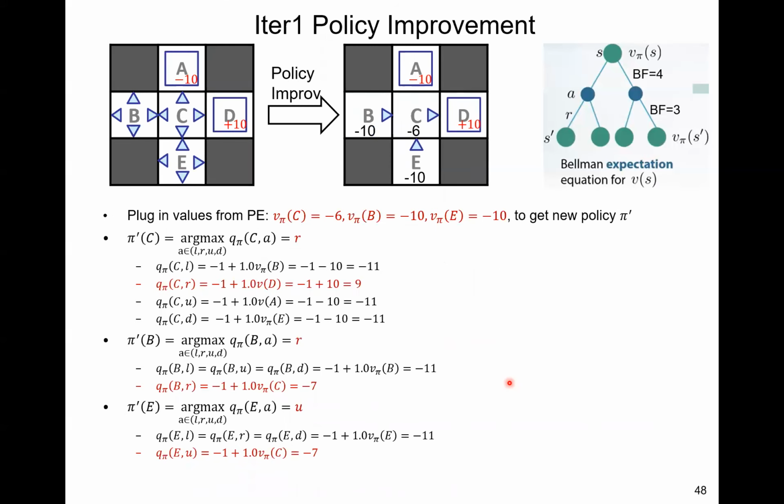So now you have the value functions, you do a policy improvement. From C, you have 4 possible directions. You calculate the Q pi